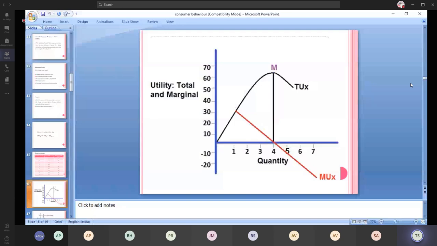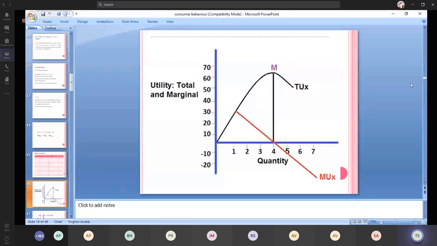So here in this diagram the maximum point is M, and coming to the marginal utility curve, it declines from the initial point. So we are having a negative marginal utility, that is if it is declining, it's called the negative part. So it slopes downwards. Marginal utility slopes downwards from your left to right, and it crosses the x-axis. So at that point the marginal utility is 0. The marginal utility being 0 means at that particular point the total utility is the maximum one.